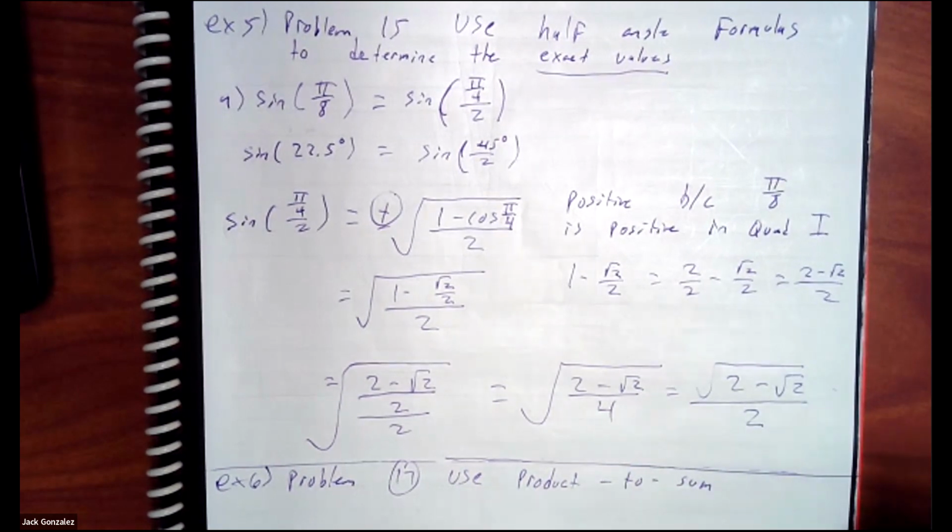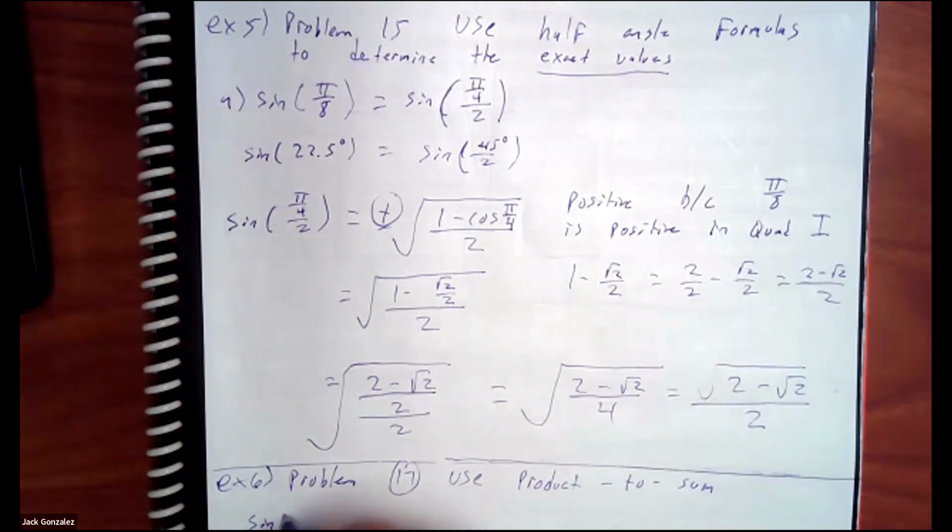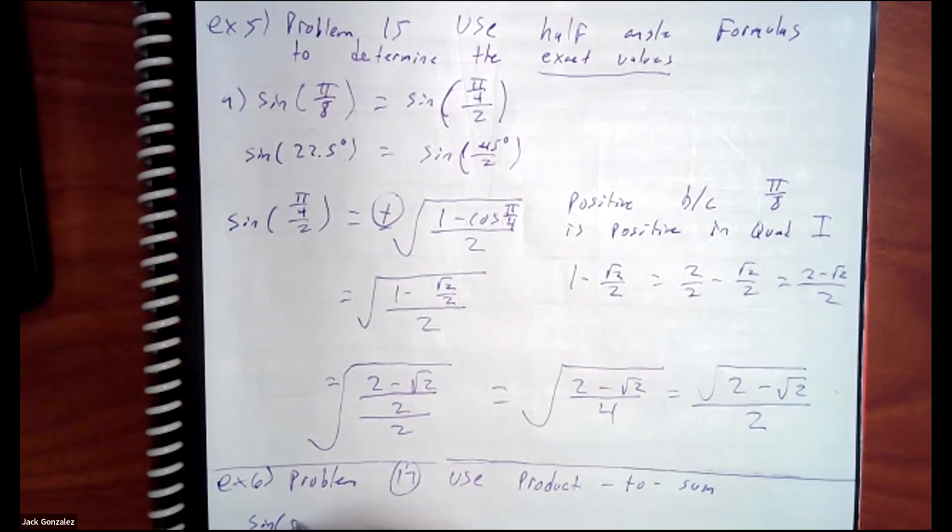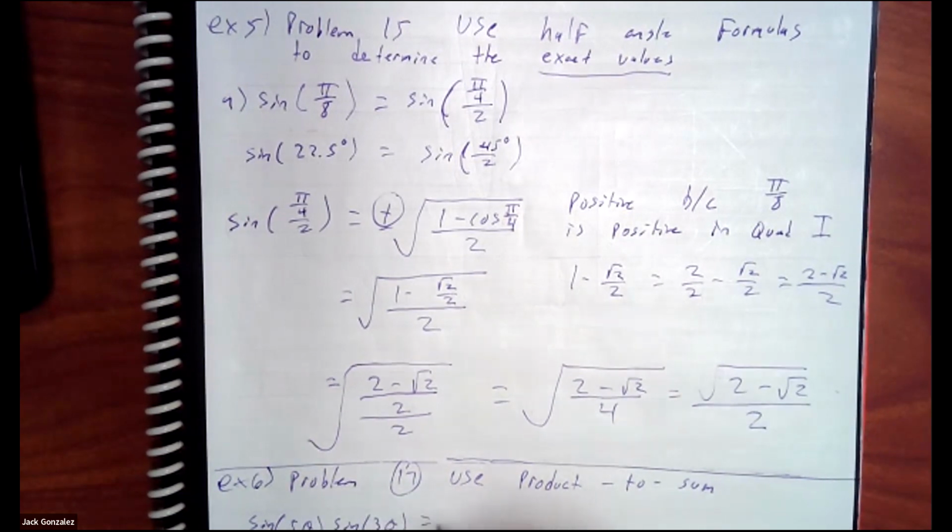Use product to sum. Sine of 5 theta, sine of 3 theta is equal to 1/2